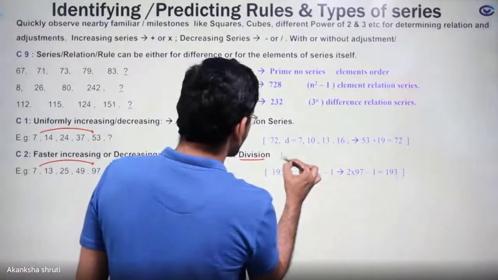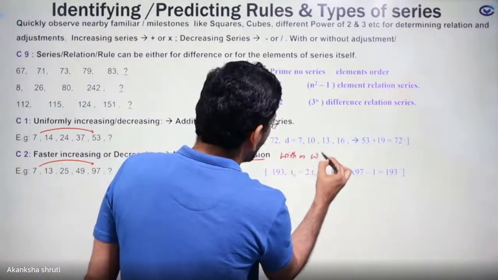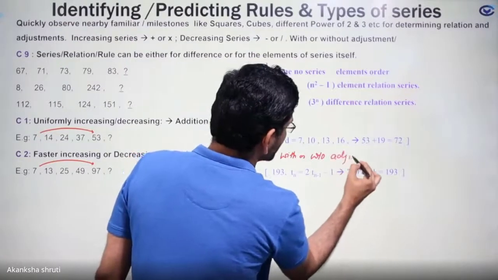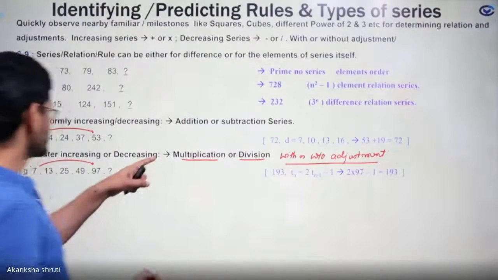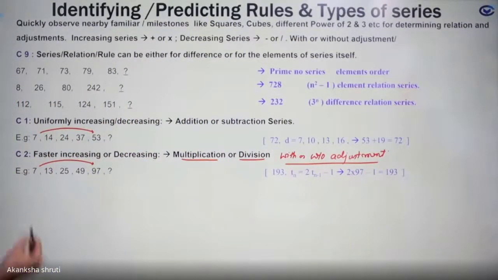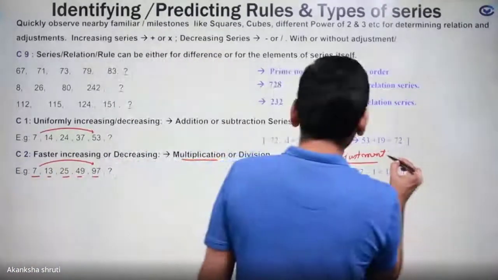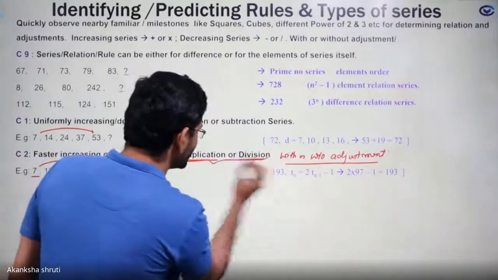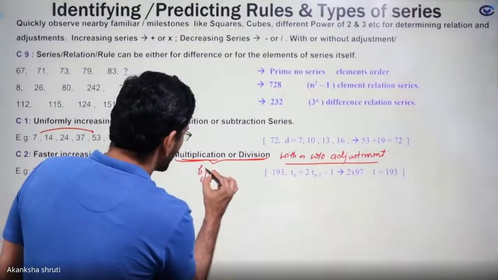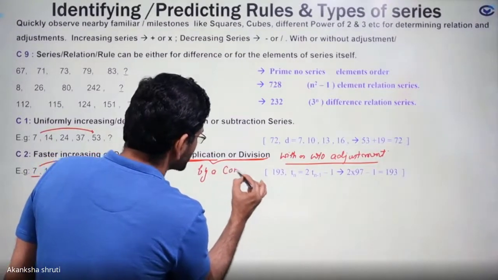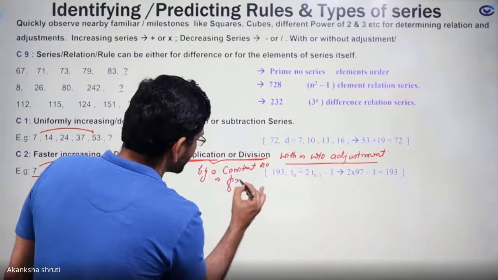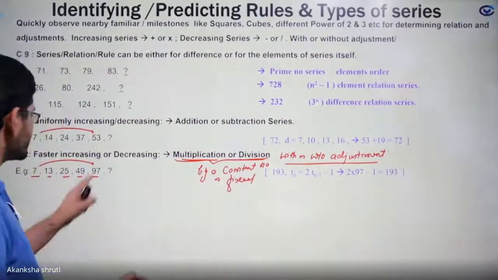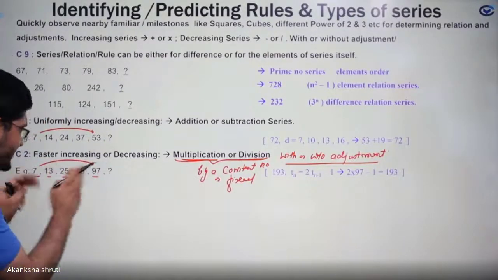So with or without adjustment. But even for going this way, you should first check the difference. Students, here we are getting that this variation is tripling. So this multiplication or division in this case is by a constant number, or fixed number. It means each term is being just doubled. Then the variation is faster.